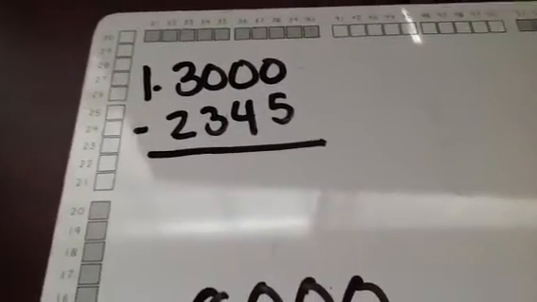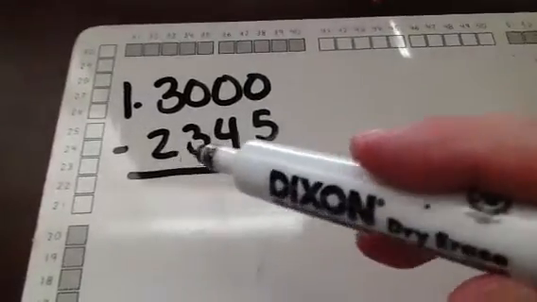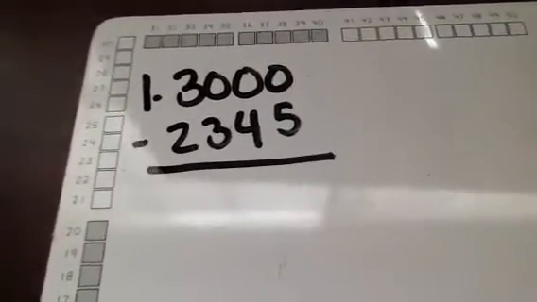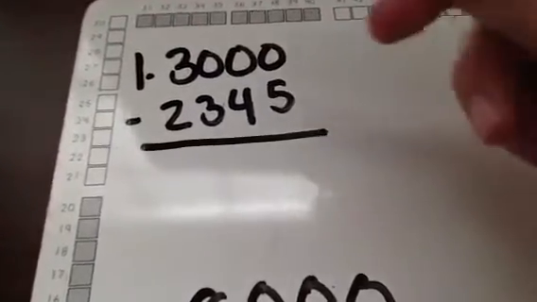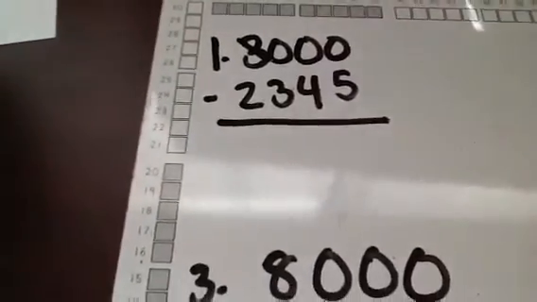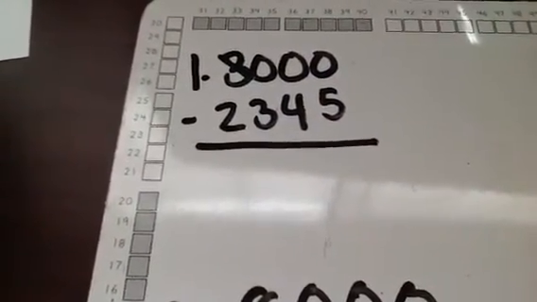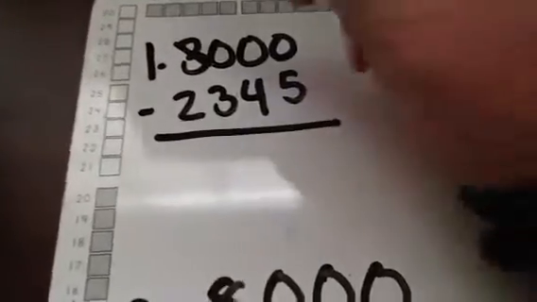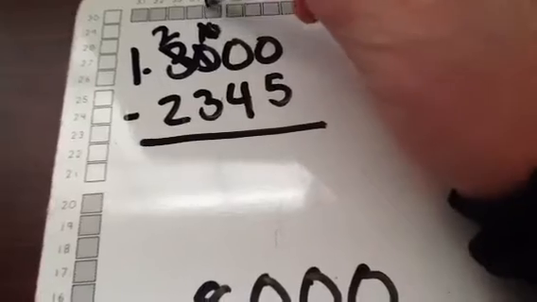So looking at your problems, the first one we had was 3,000 minus 2,345. This was very similar to the sample ones that I had up above. So remember, when you're doing these, it's kind of a little bit backwards, but you're starting on the left-hand side of the problem more than the right-hand side, and you're working your way back. So you borrow,